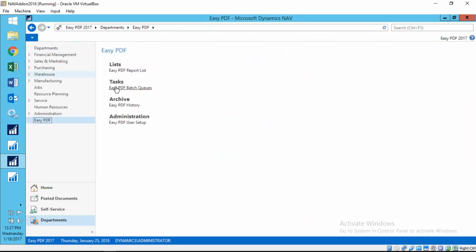So I open up the Easy PDF window, and we have a section here called Easy PDF Batch Queues. Here we have a line, and this is what's going to be sent. This is who's going to get the document. This is going to be the email address it's going to go to. This is the value of the posted sales invoice. It's going to get sent by email, but you can change that if you want. If you want to preview it, you can show the report. So there's the report, and in fact, as you can see, it has one 1928-S Amsterdam lamp and one 1968